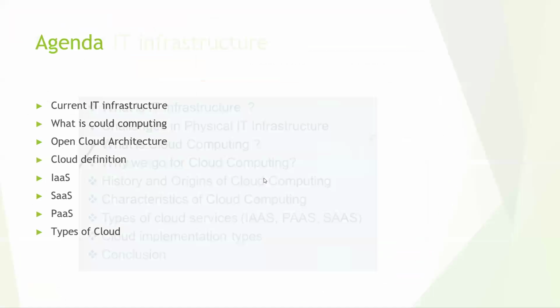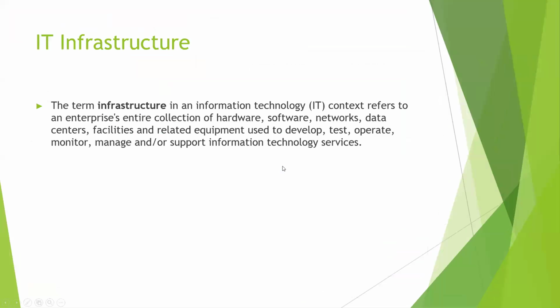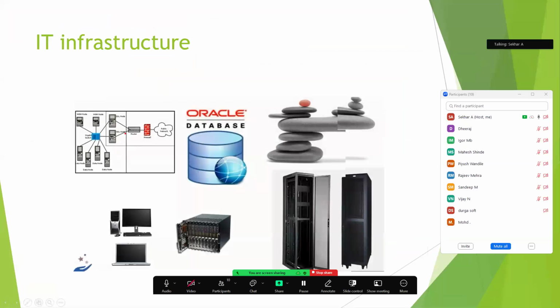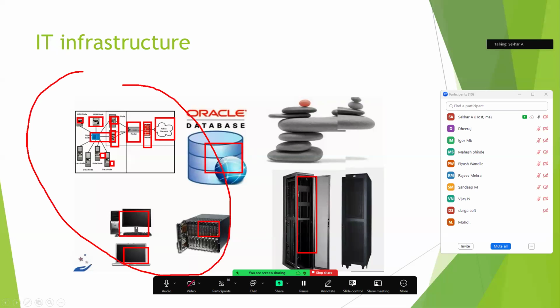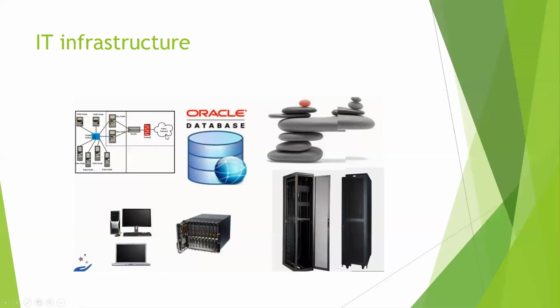See, this is the exact picture of IT infrastructure. What do we have? We have devices. Devices are all communicating to one switch. And this is the load balancer, server, firewall, networking, database, hardware systems, server racks. The entire architecture, we call it infrastructure. That's why I said infrastructure is nothing but a collection of hardware, software, switches, network, and load balancer.